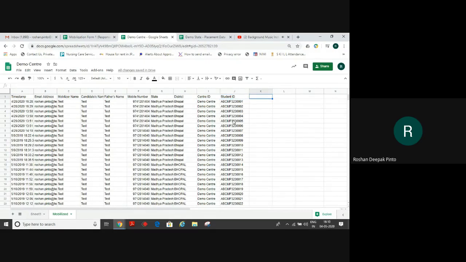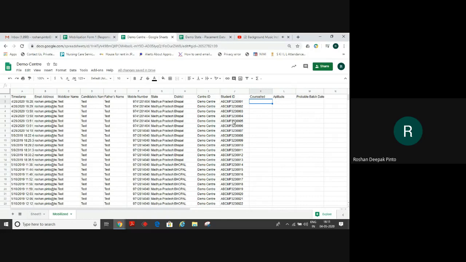So here I want to know whether the center manager or the center team has counseled the candidate, has conducted the aptitude test for them, and the probable batch date. Suppose they are bringing in the mobilized candidate, I would like to know whether they are counseling them, whether they are conducting the aptitude test, and they should tell us when they are supposed to start that batch.